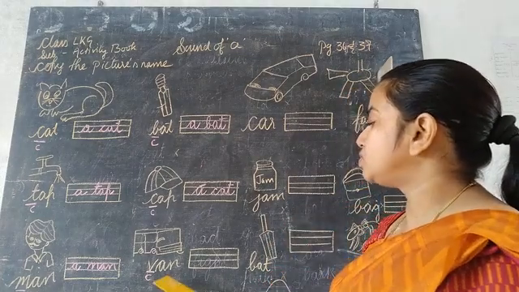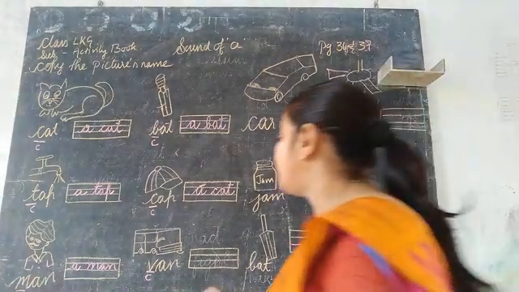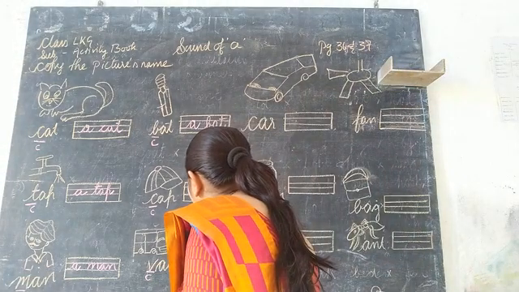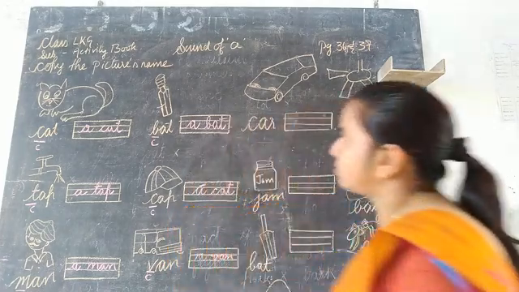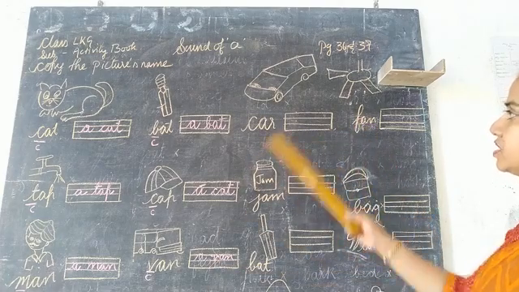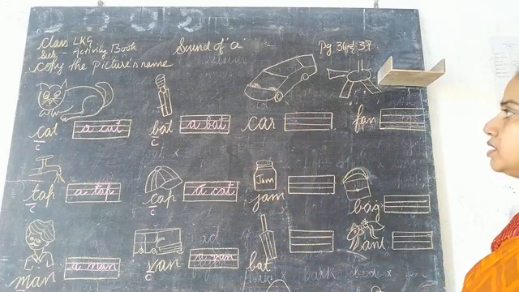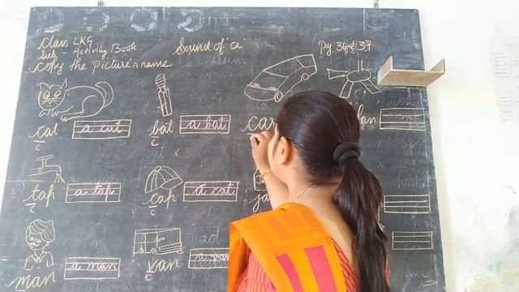And what are we supposed to use before it? Yes, we are going to use a before a van. So we will write down here in a good handwriting, a van, V-A-N, van. Okay. Now coming to your page number 37, the first picture here, it tells about a car, and the first letter is again in your consonant.